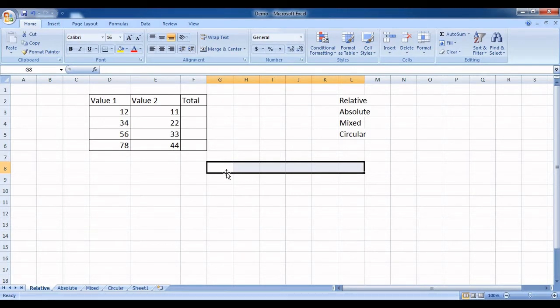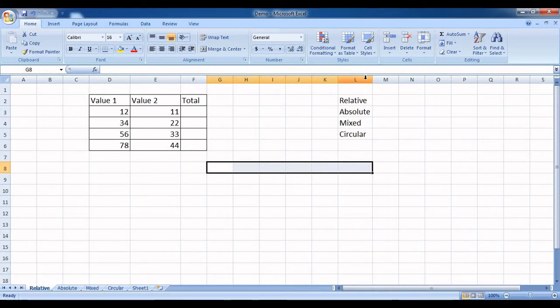Now, depending on what kind of data or calculations you have, you may select any of 4 available cell references. One is relative cell reference, then absolute, then mixed cell reference, and the last one, which is rarely used, is circular cell reference.